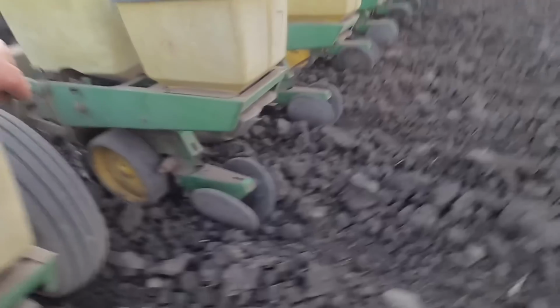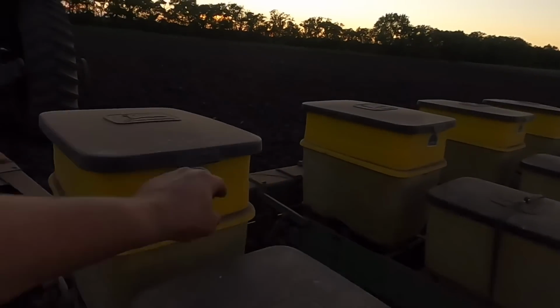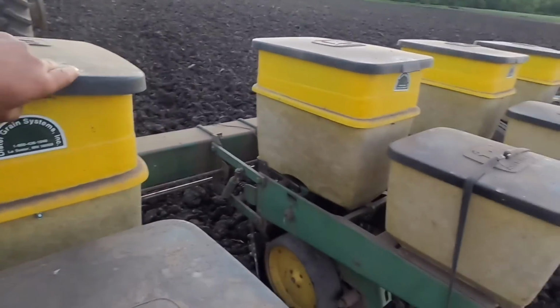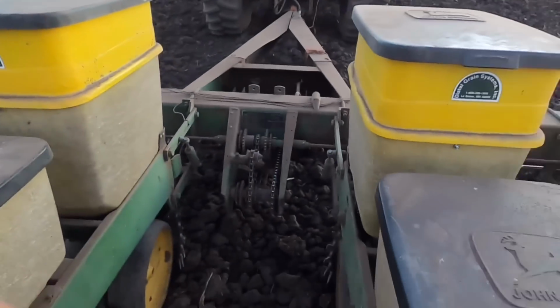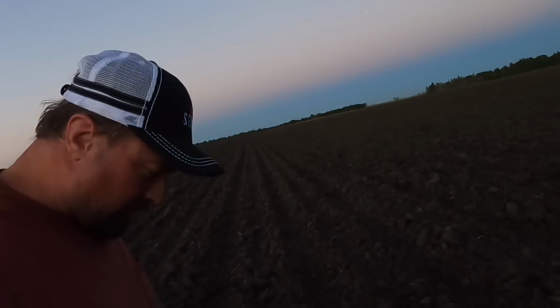Oh, what's going on here? The beans sprinkled out like that. What is the deal? Box number 4 came on. No, that's fine. Oh, come on here. Oh, it is so hard to plant into these clumps. Oh yeah. Anyways,